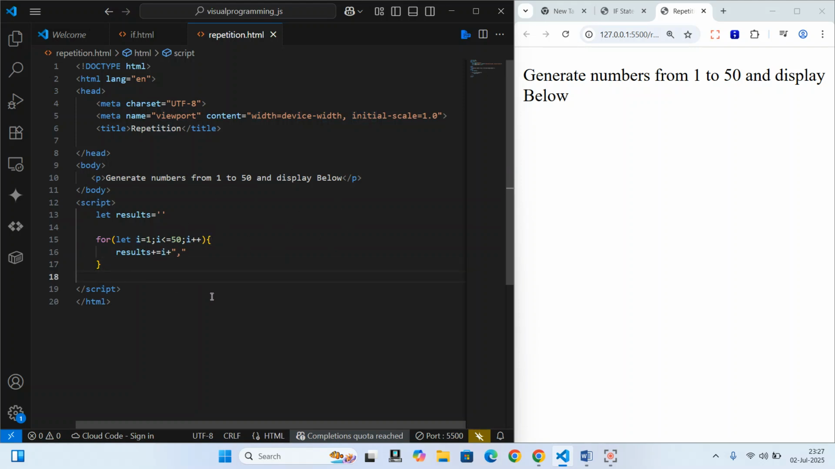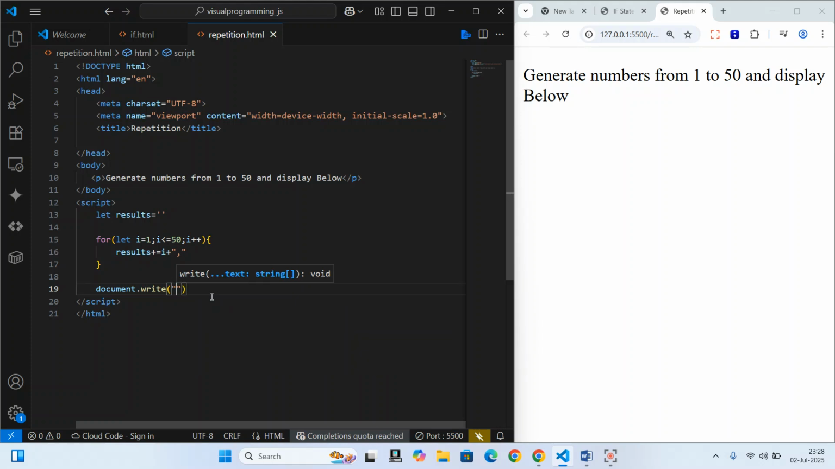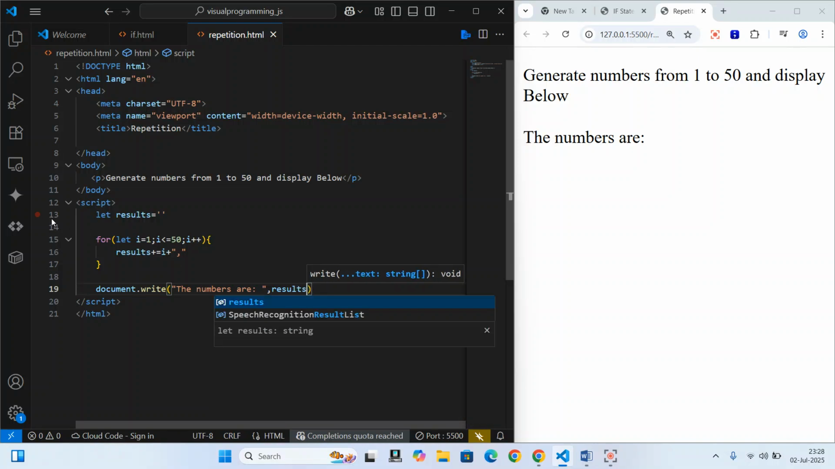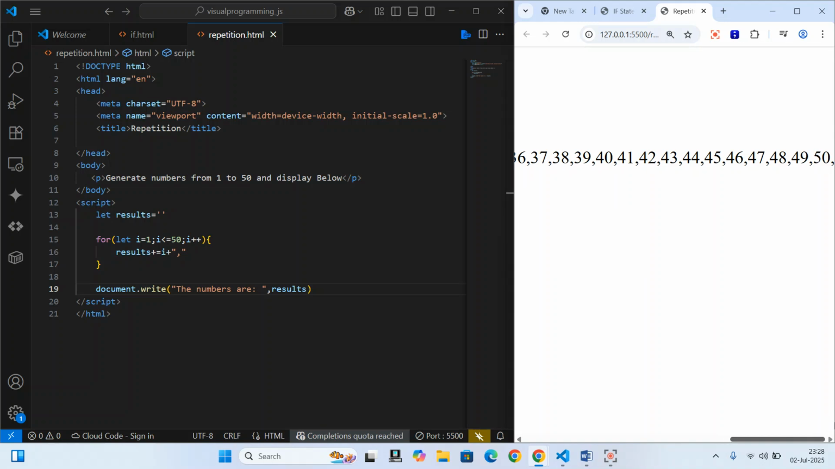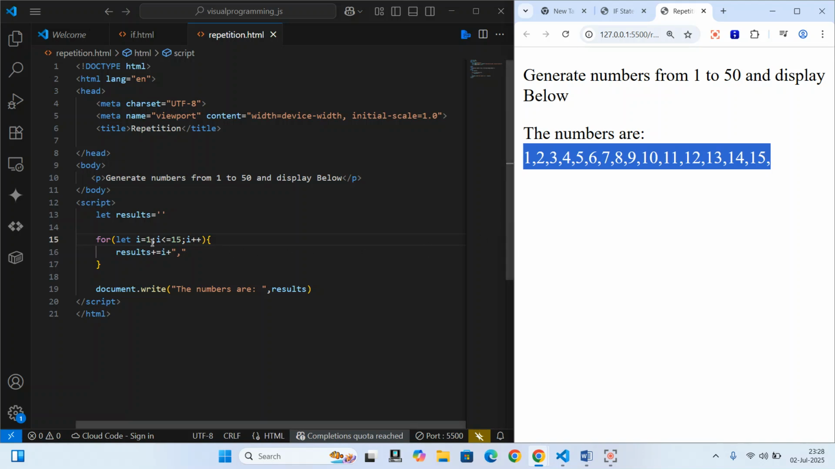So once it's done, I can output the results down here. So I can say document dot write, the numbers that have been generated are, then I'll put my results like that. If I do that, you'll see I now have my numbers from 1 all the way to 50. That's awesome. Let me make it 15 so that they are few enough to be seen on the screen. So you can see now I have 1 all the way up to 15, and I'm able to achieve that